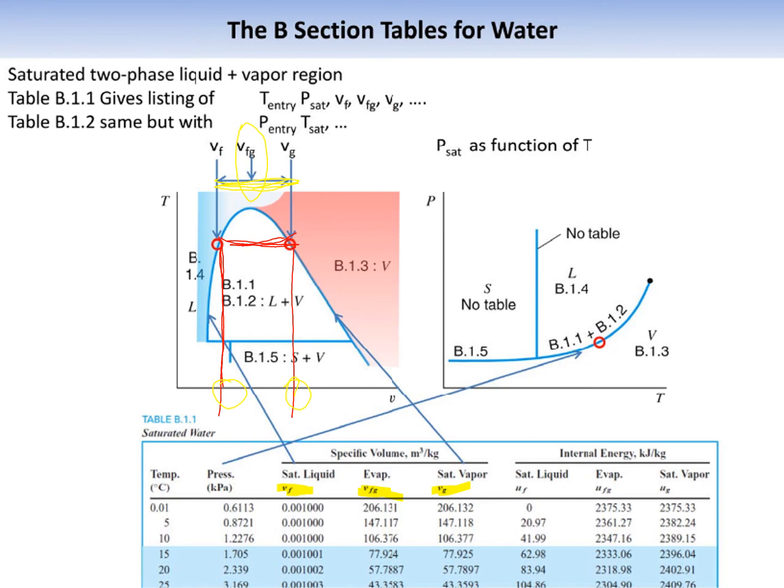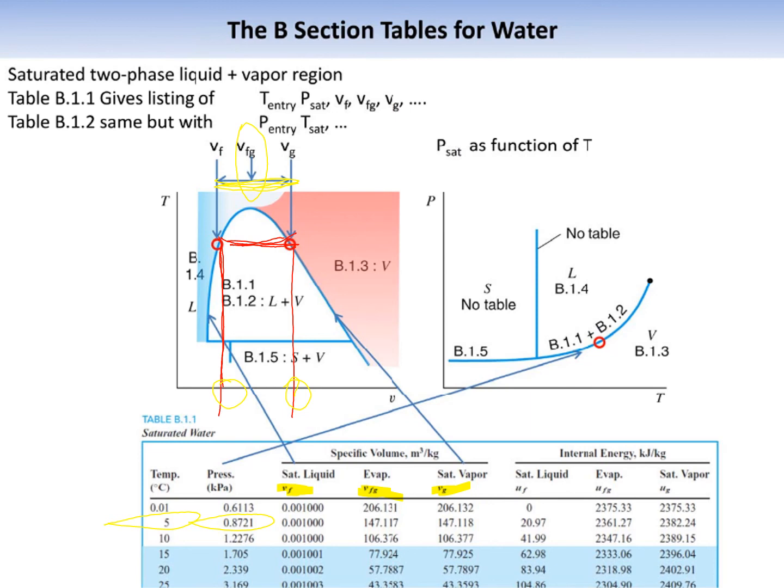For instance, if we have water at 5 degrees centigrade, and this is the saturation pressure for 5 degrees centigrade. If we have a pressure of 0.8721 kilopascal, then the boiling will start at 5 degrees centigrade. Or we can say that if we have 5 degrees centigrade and our pressure reaches 0.8721 kilopascal, the boiling will start. If we have a higher pressure, then